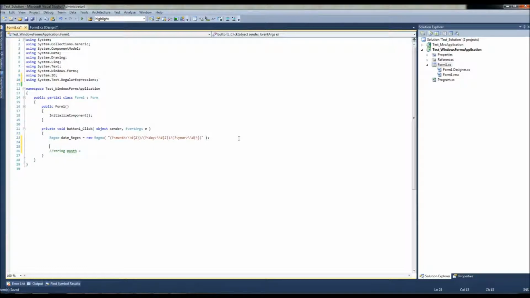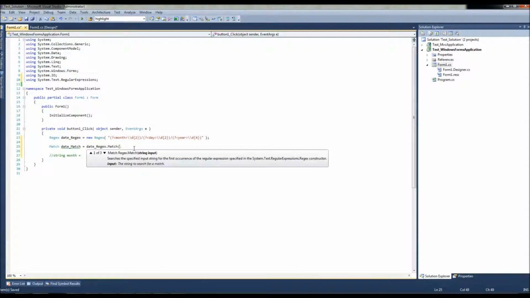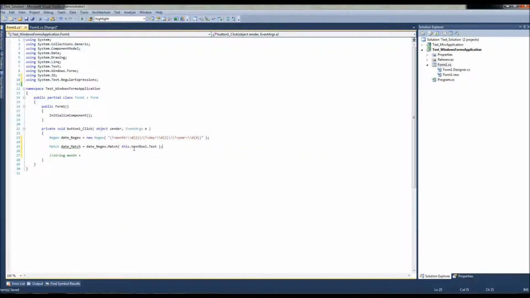This one is going to be captured from a match. We have to create a match object, which is our dateMatch. It's going to be this dateRegex capturing a match from this.textBox.Text,